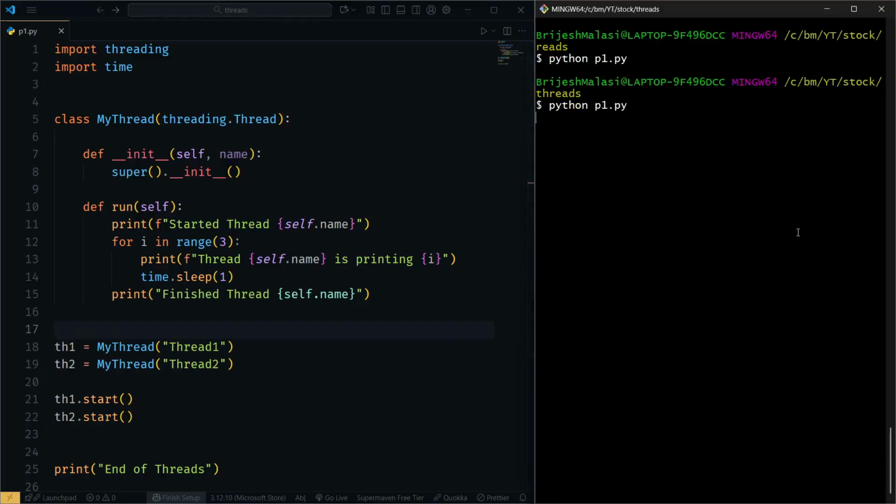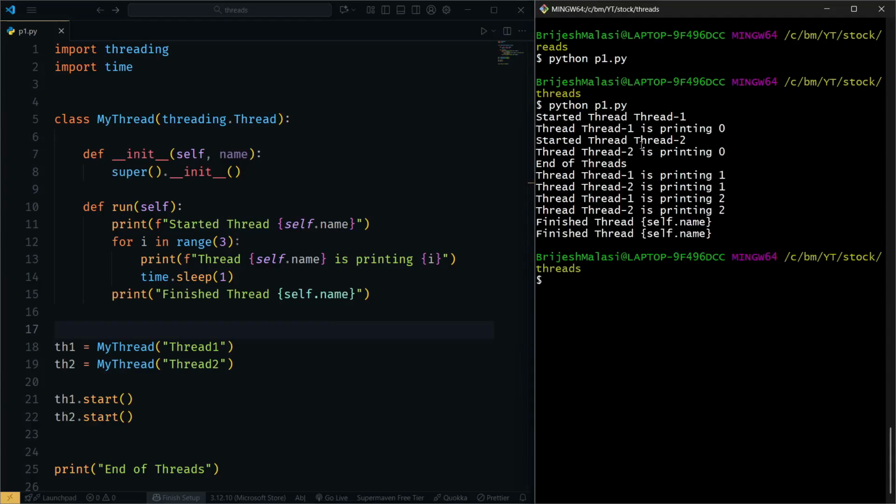So do we run? Okay, so thread 1, after that thread 1 is printing 0, but before going to printing 1 and 2, thread 2 took the priority, and it is saying thread 2, and thread 2 is printing end of threads, printing 1, printing 2, and I think there is something wrong. I'll just correct it. It is not formatting. Yeah, this one didn't use format,